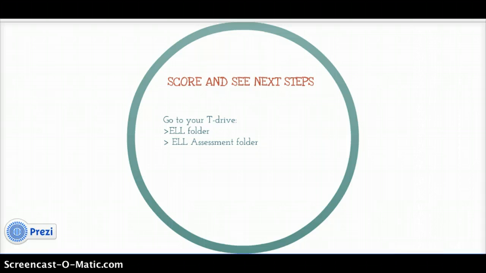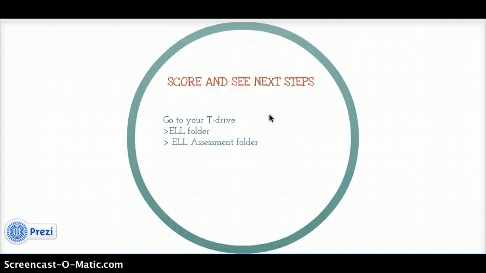So once again, you'll get to the scoring section and it may tell you to drop down 1 or 2 levels for instruction with the student. It may tell you to move up a level depending on how the assessment goes. So once you score, you'll also see next steps. This is a great guide from the ELL assessment kit. It gives us next steps. So if a child is a level 3 in writing, you'll have several great next steps for where you can